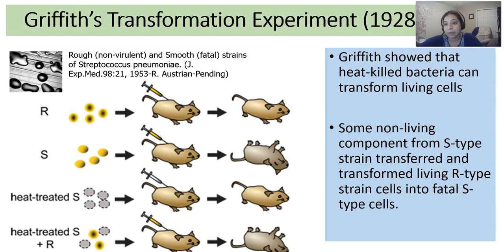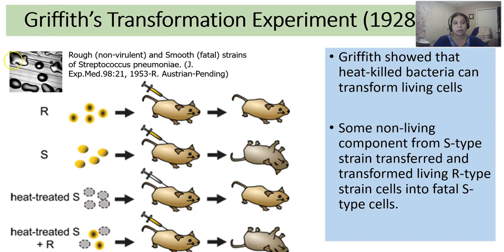So the first of the experiments that started to look at these genes was Griffith's transformation experiment from 1928-29. In the experiment, they were working with Streptococcus pneumoniae, and they had seen two different types: some that had rough edges on the plate when cultured, and others whose colonies were very smooth looking. And they found out that